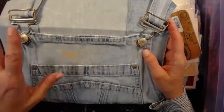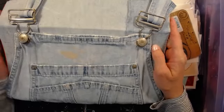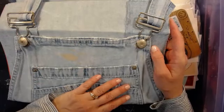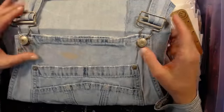I love my overalls, and it was a sad day when they went out of style. They did kind of come around, but not to the extent that they were, right? So I took one of my old pairs and I cut them down